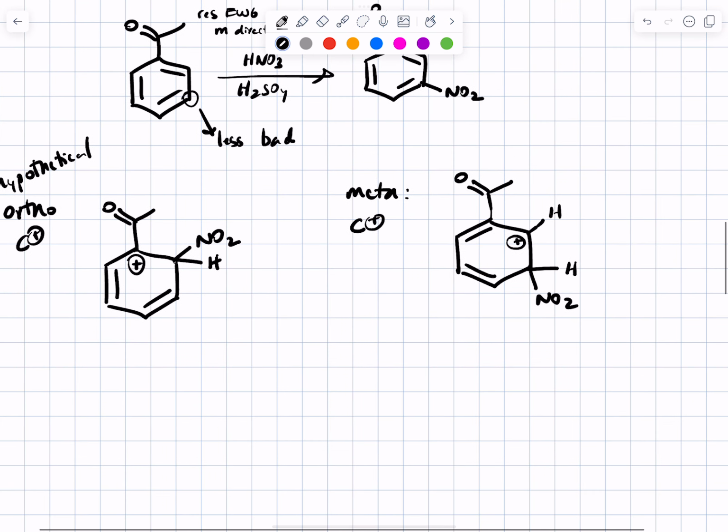And let's consider first, again, where that positive charge can be. We won't number the carbons because we don't have time to do so, but you can see that on the left, the positive charge can be adjacent to the ketone and at these two other positions, whereas on the right, in the meta carbocation, the positive charge is never adjacent to the ketone. Do you see that distinction? Okay, why should it be bad for the positive charge to be adjacent to the ketone? Any ideas? Go ahead.